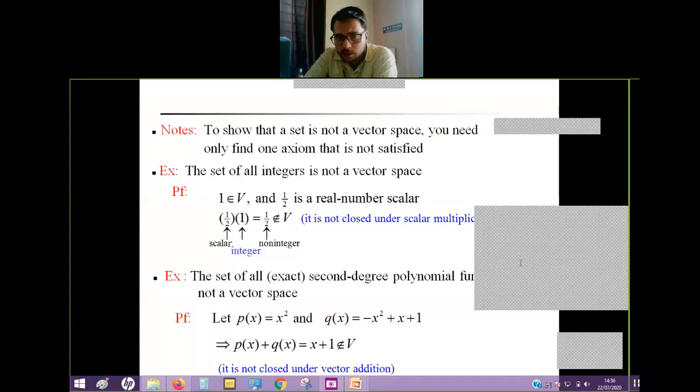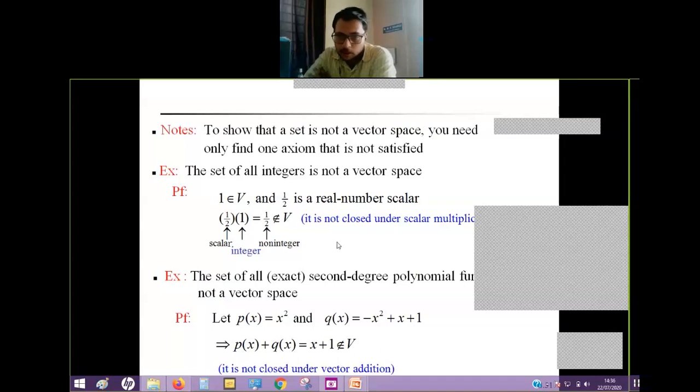Why is this not a vector space? Till now we have seen six or seven examples in which the given space was a vector space. But this is the first example in which we are showing that the given set is not a vector space. Are you getting this point? Please tell me. The given set is not a vector space. Please respond, guys. It will be very beneficial for all of us.